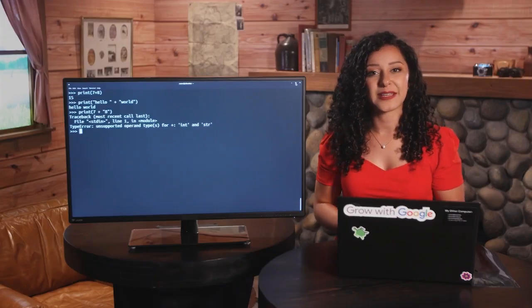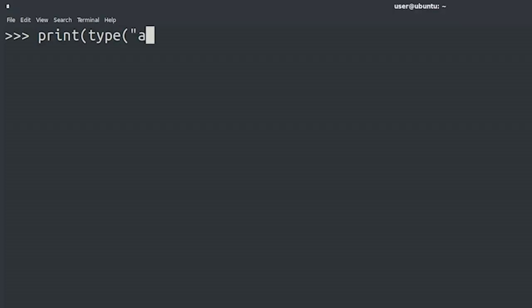It might be helpful to think about data types in terms of information they can represent. For example, the name of a file would be represented as a string data type, while the size of that file might be an integer data type. If you're ever not 100% sure what data type a certain value is, Python gives you a handy way to find out. You can use the type function to have the computer tell you the type. This might come in handy when dealing with code that someone else wrote and you're not sure what data type it's using. For example,